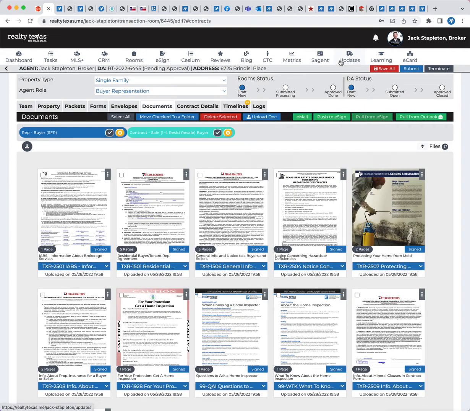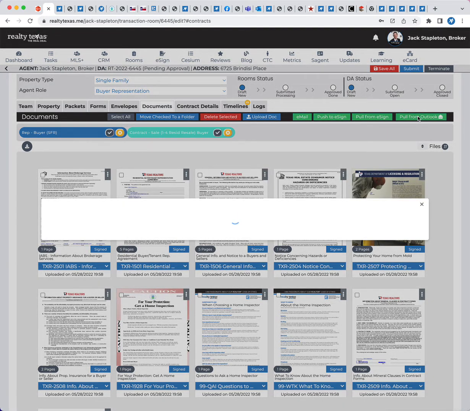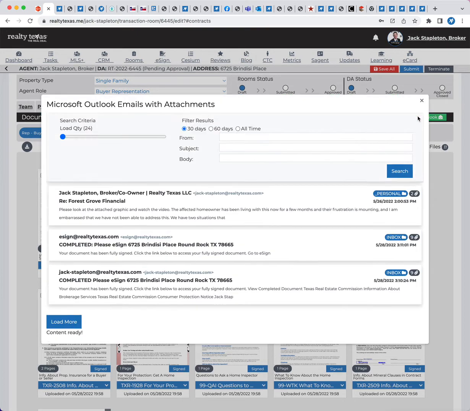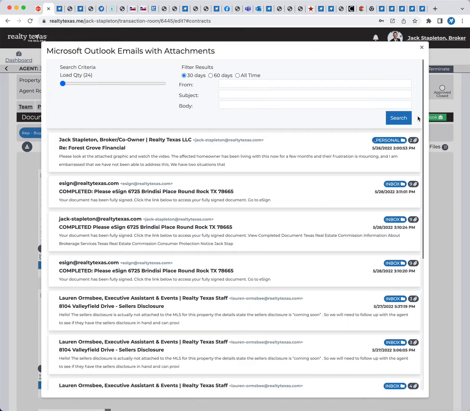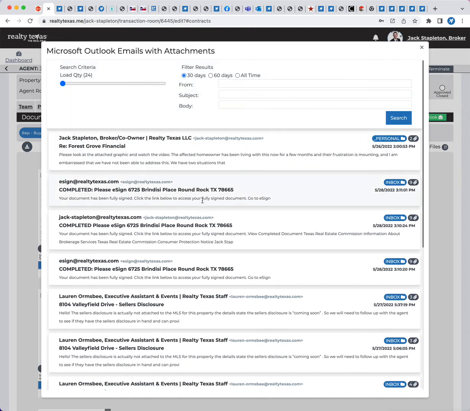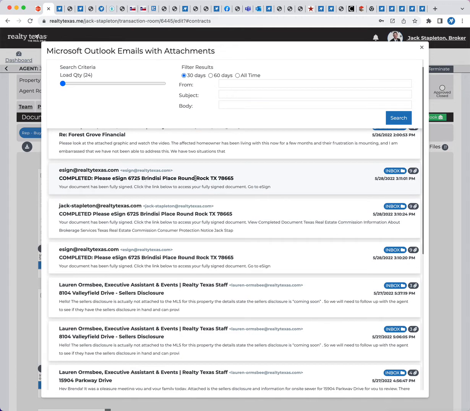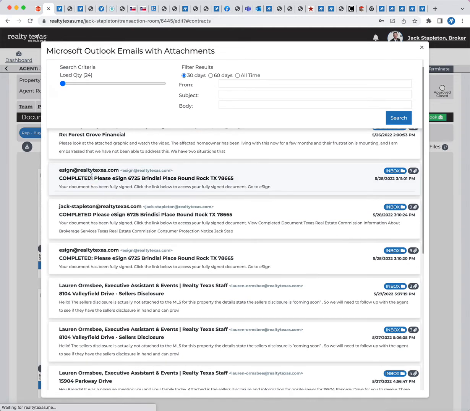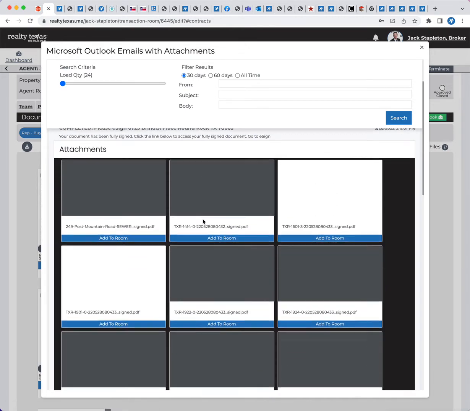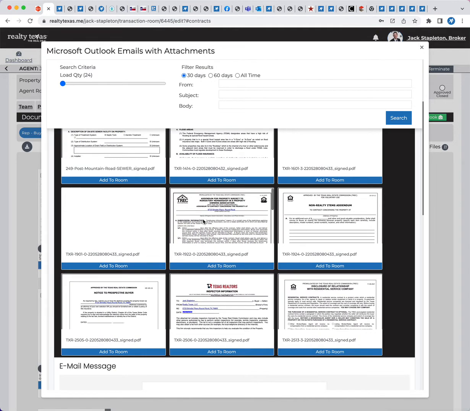It's a new feature that we've added, which is pull from Outlook, because there is an email, I just showed it to you, that's in my inbox. This is actually creating an open query between .me and your Office 365 inbox. It's querying that and showing you all of the emails that you have. And dun, dun, dun, inbox 9, here it is. I click this, and here are all of the documents that are in that email,